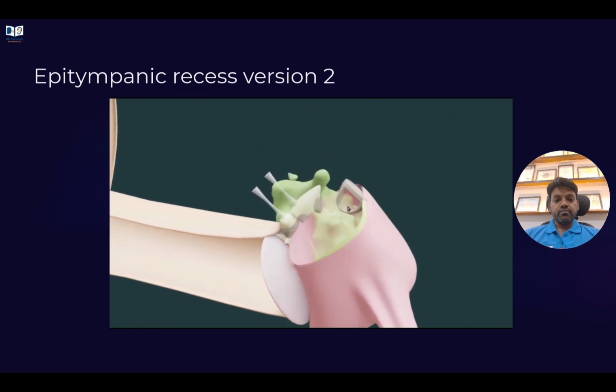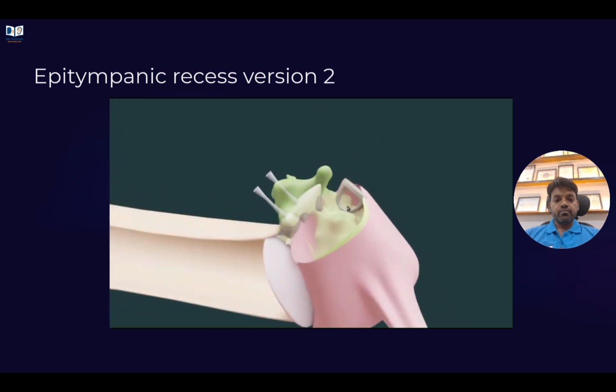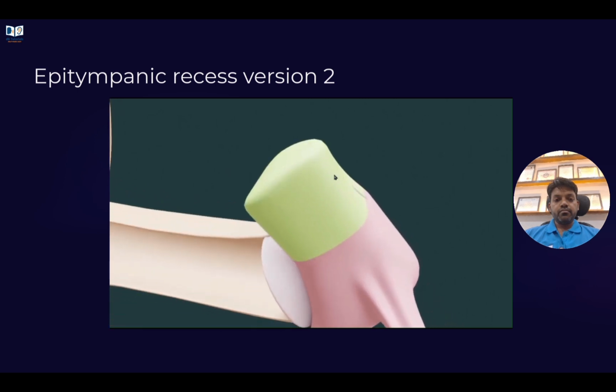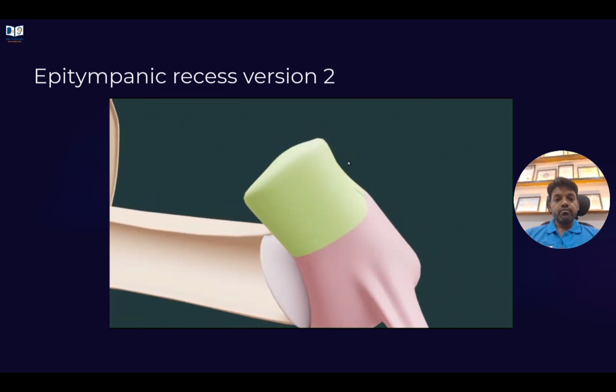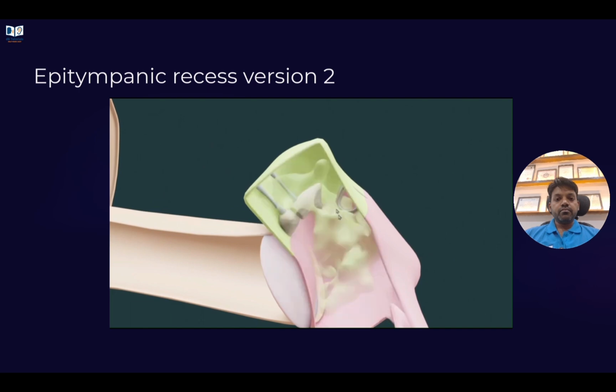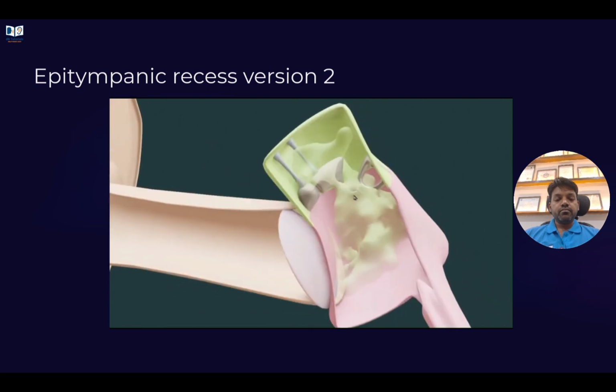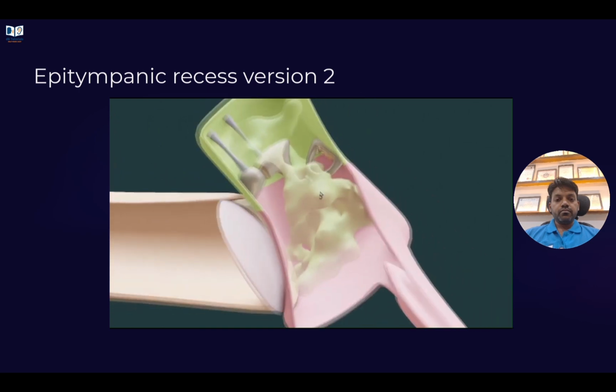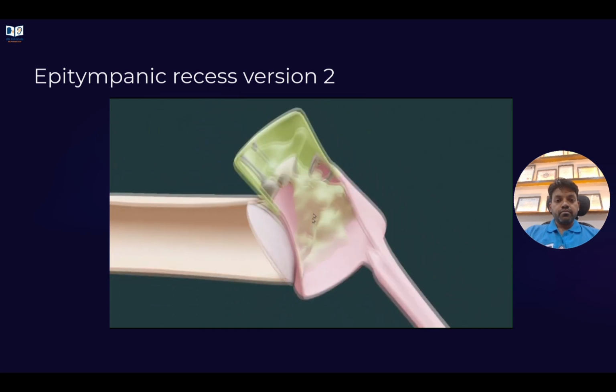So what will happen is that mesenchyme will surround it, and this mesenchyme will form the covering ligaments as well as the epitympanic recess, the new part of the tympanic cavity. Its wall will be created by this mesenchyme. And one of the important pieces of evidence that this hypothesis is true is that the air is filled with this mesenchyme